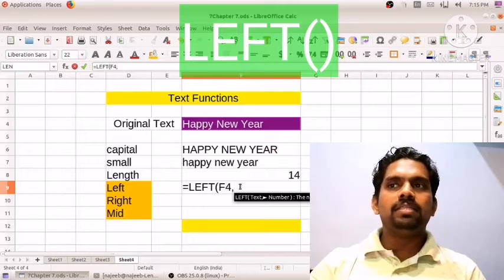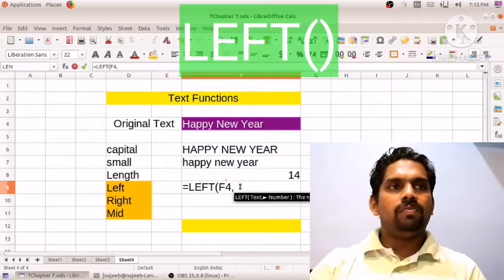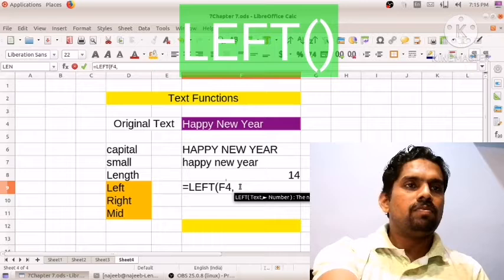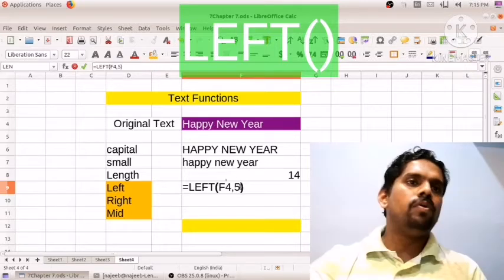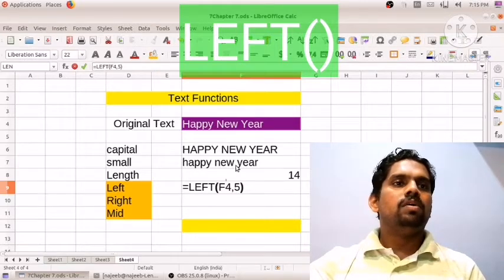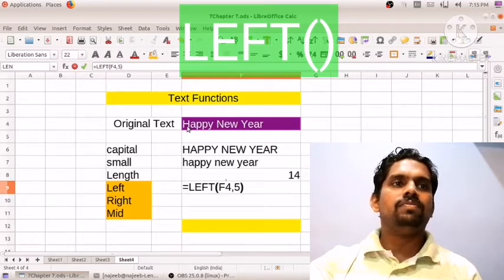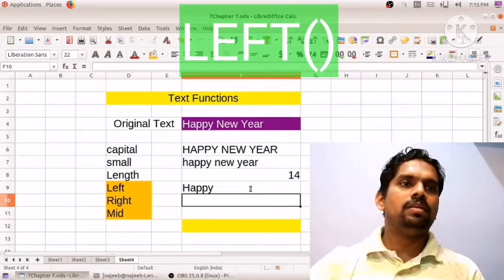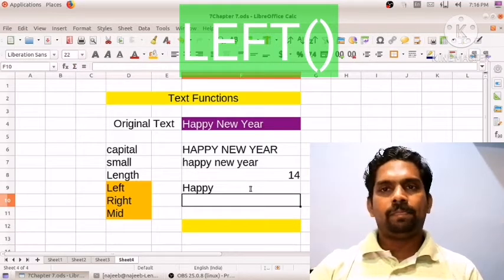So how many letters in Happy? 5 letters are there, so I am using 5. F4 means this Happy New Year, and 5 means the first 5 letters from the left. In this left area, 5 letters I need to display. Then enter. Now you see Happy.